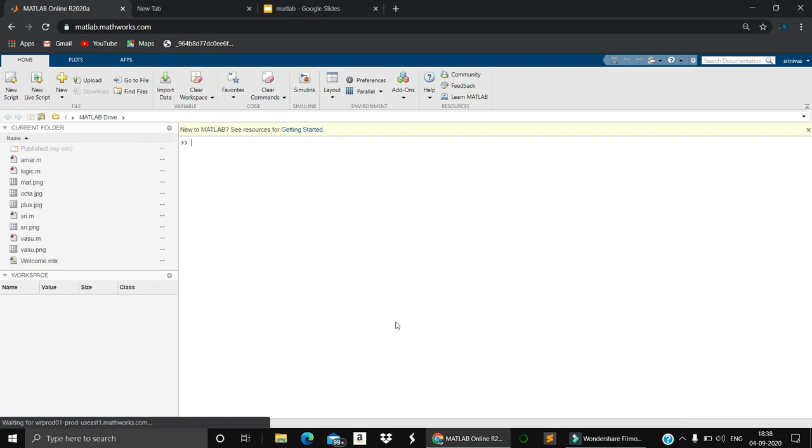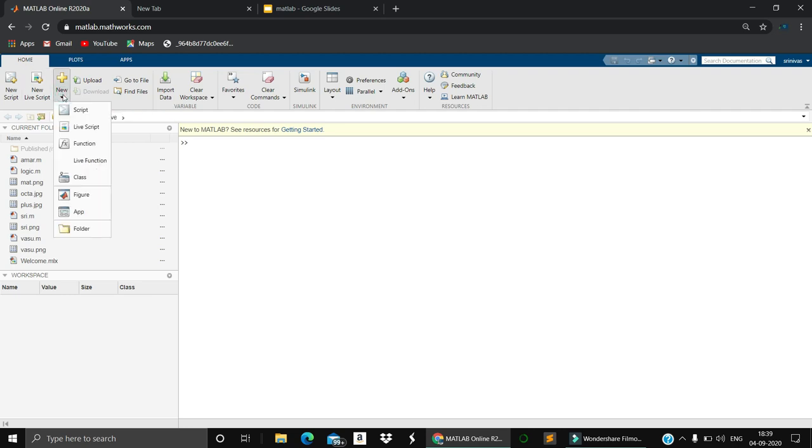How you are going to use it in the command prompt. This is the interface of MATLAB Online 2020, which we are currently running. First, we are going to see what tools we have in MATLAB. This is the new script. Whenever you are going to write a set of codes, you use a script file. After the entire code is complete, you evaluate it. If you want to write the code and store it, you need to use a script file.